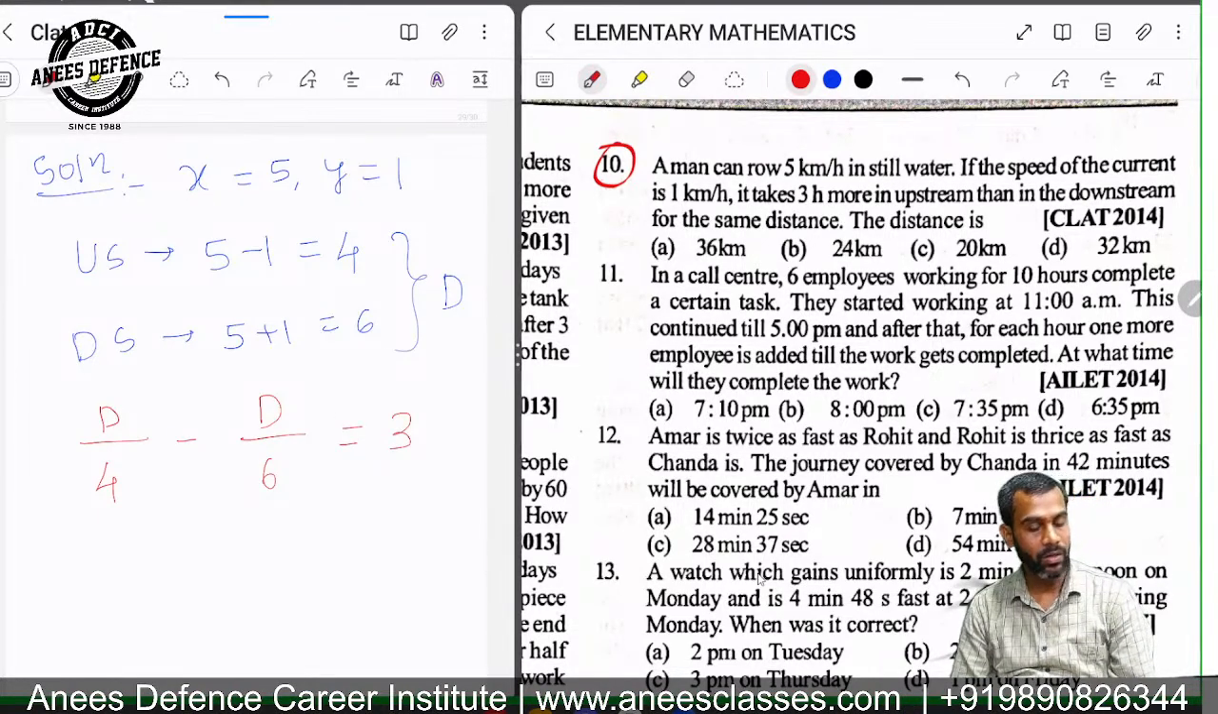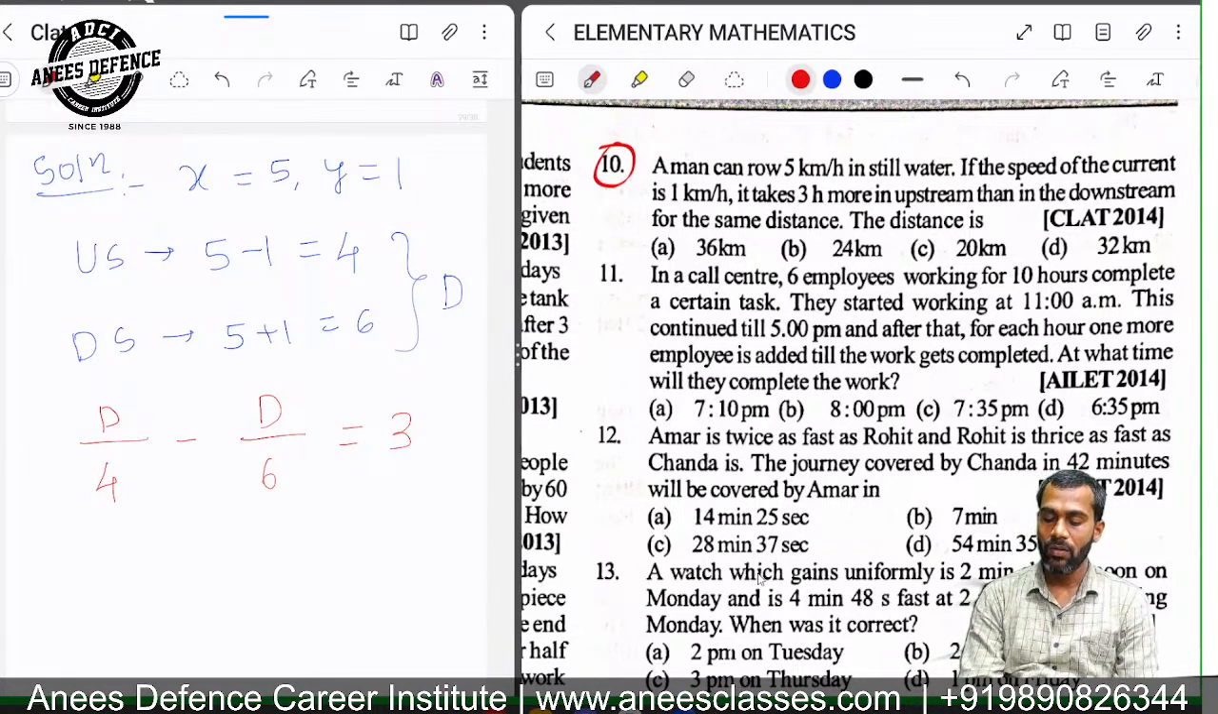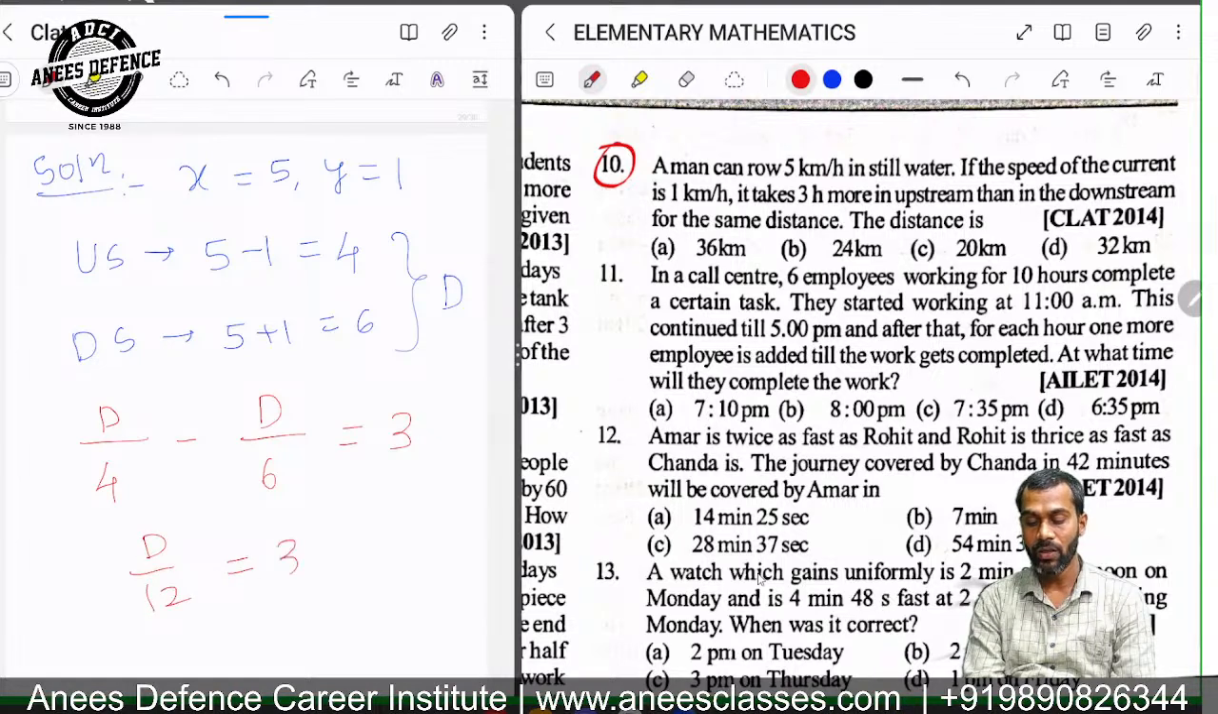Time taken by the boat in the opposite direction of the stream would be 3 hours more than that while it was rowing in the direction of the stream. So what is the time taken by the boat in the direction of the flow? It is d by 6. And the time taken in the opposite direction of the flow is d by 4. Distance upon speed. So d by 4 minus d by 6 must be equal to 3. Yes, Purva, are you getting or not? Yes, sir. This is d by 12 is equal to 3. So d is equal to